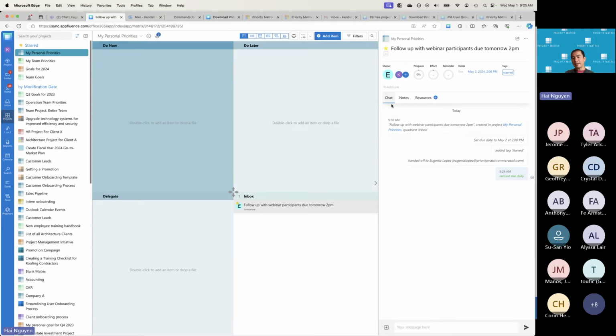Below that, you have the chat section. In the chat section, as you can see, I'm interacting with it, right? But it's also a place for you to interact with your coworkers. So it's like a whole conversation. You can think of it as like an email thread, or if you use communication software like Microsoft Teams, it's just like a Teams communication, but it's within the context of that task. And I think that's actually a very